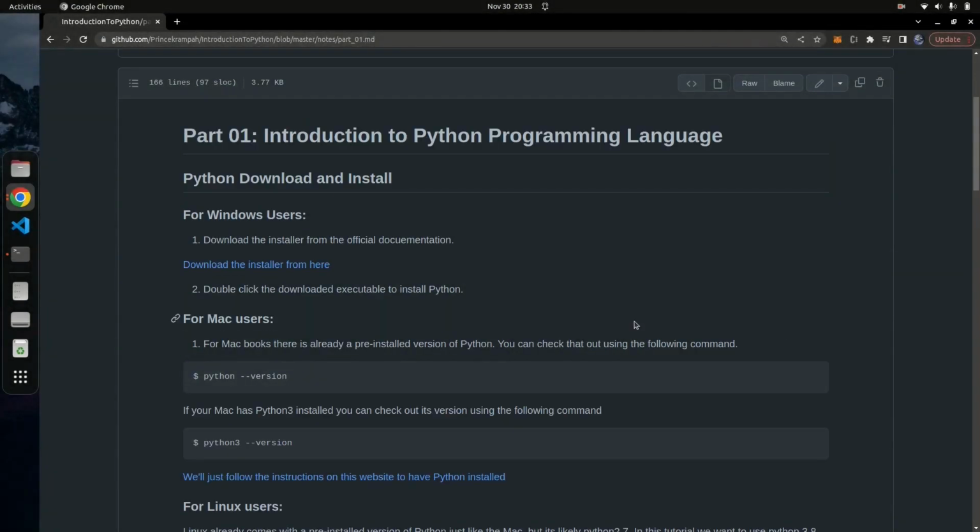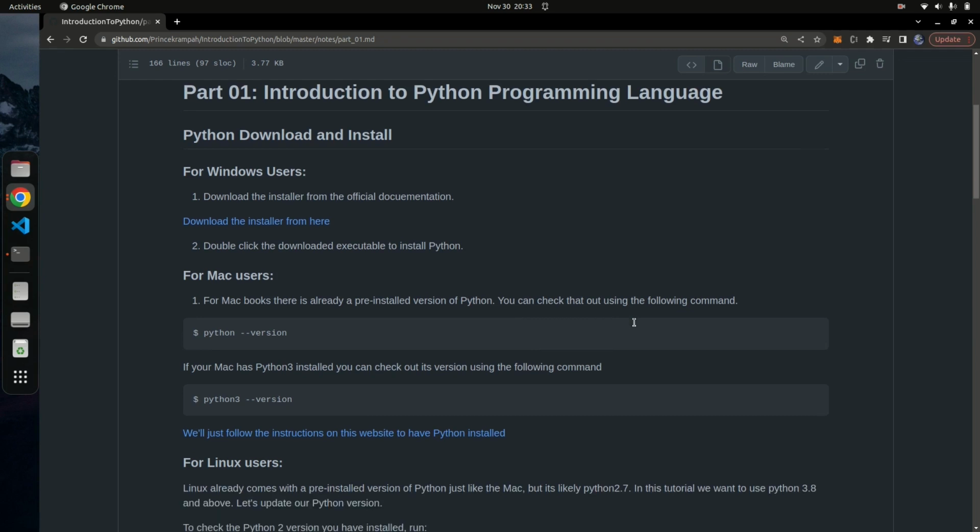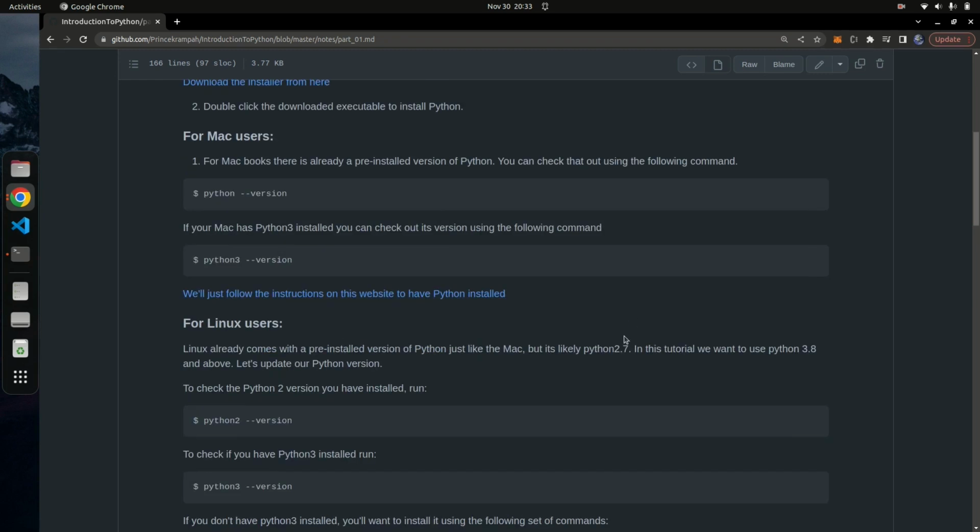So now that we've taken a look at how to install Python on a Windows machine, let's move on to installing Python on a MacBook and on a Linux machine. So on a MacBook and a Linux machine, these two operating systems come with Python pre-installed. But the current version of Python on these operating systems is Python 2, right? So in this case, as I mentioned earlier, I'll be covering Python 3 because that's the modern Python. So Python 2 is pre-installed on MacBooks and on Linux machines. Okay, so you can also just check if you have that installed by using the following commands here.